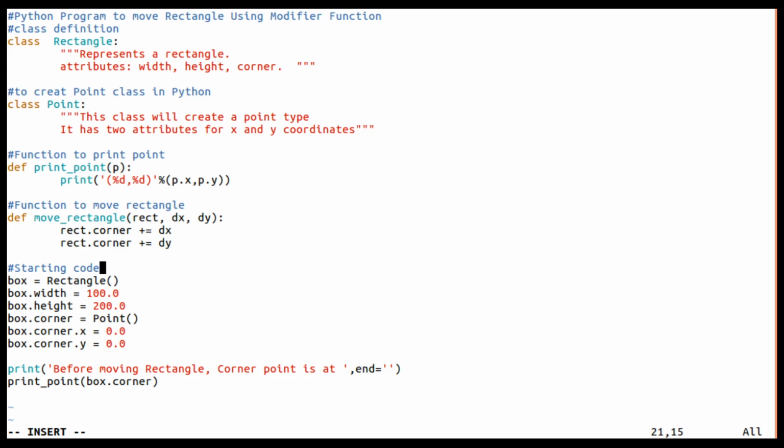Very simple. This is nothing but a plus is equal to b, which is a is equal to a plus b. So we are adding dx to corner dot x, the x coordinate, and dy to the y coordinate, right? So let us print here.